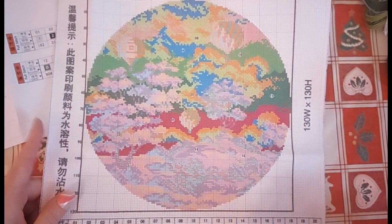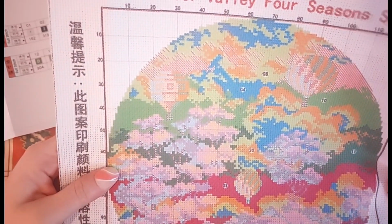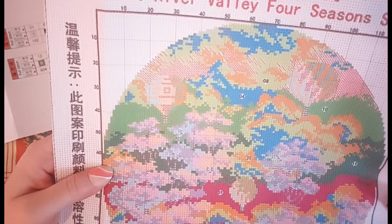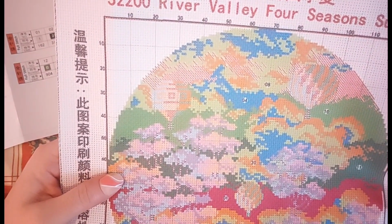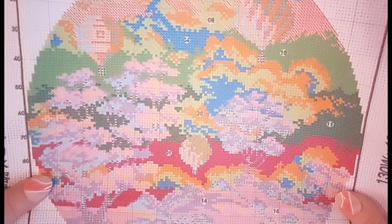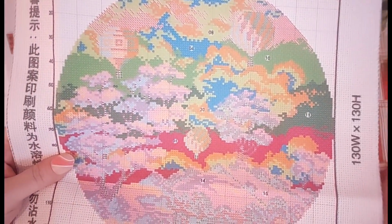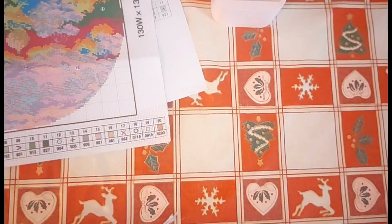So with 14 count, as I said, it does strain your eyes a little bit more, but I think the end result is very detailed on a 14 count. Okay, but again, that is just my personal opinion. Others might not think so. Okay, right, so that's the 14 count,